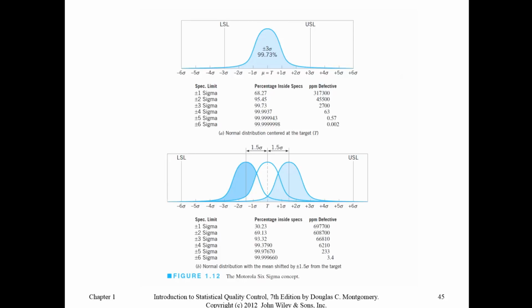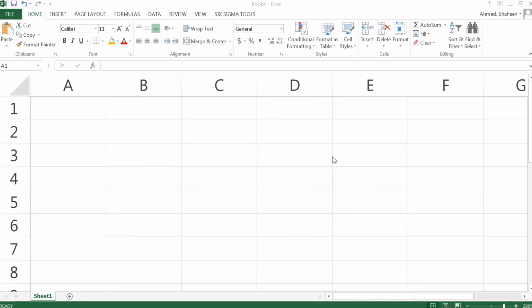Let's open an Excel file and calculate that probability. To calculate probabilities in Excel, there is a function called NORMSDIST. Before we write that function, I would like to create the range of areas that we are interested in. So we are looking at plus minus 1 sigma, 2 sigma, all the way to 6 sigma. So if that is our specification limit,